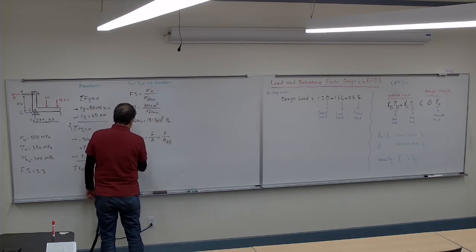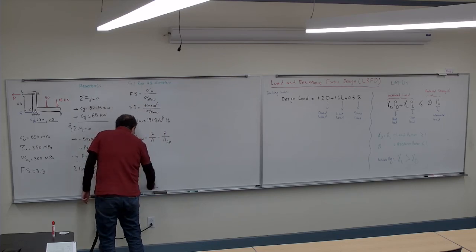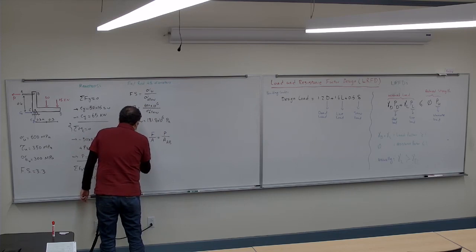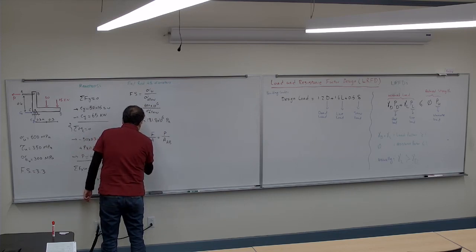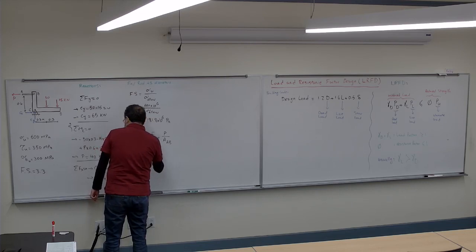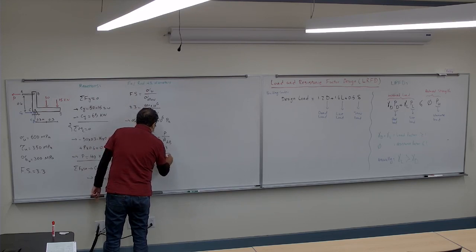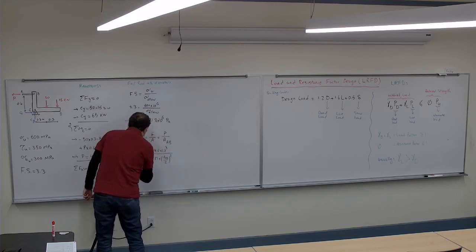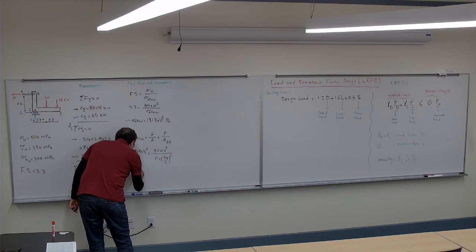So I have 181.8 times 10 to the 6 is equal to 40,000 divided by area, pi over 4 times DAB squared. So DAB would be